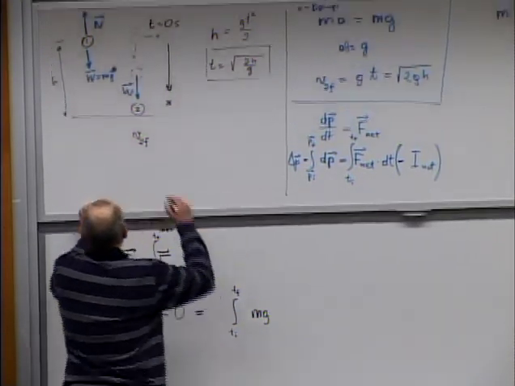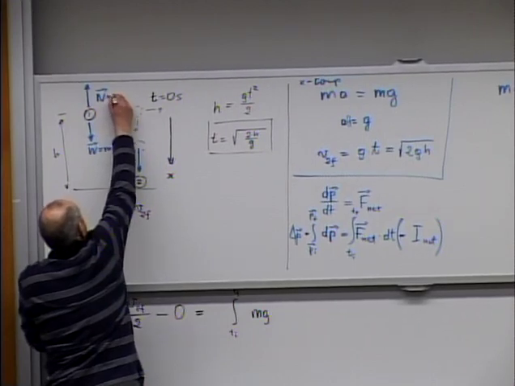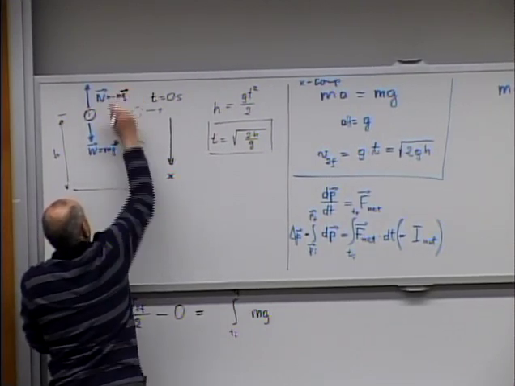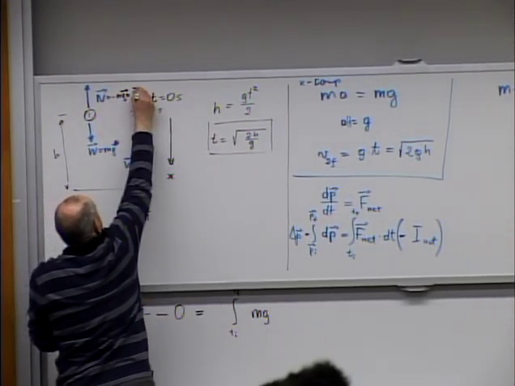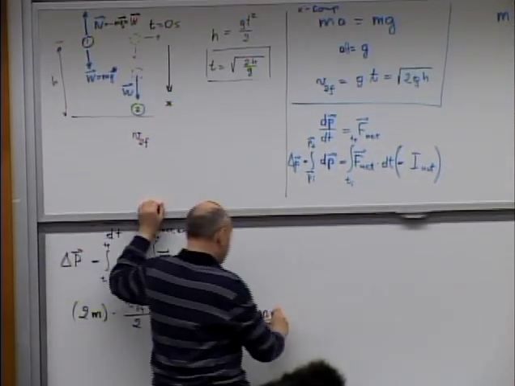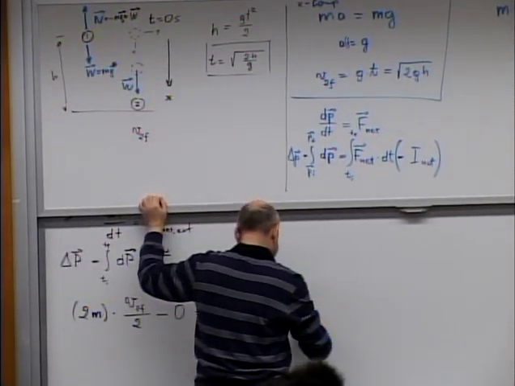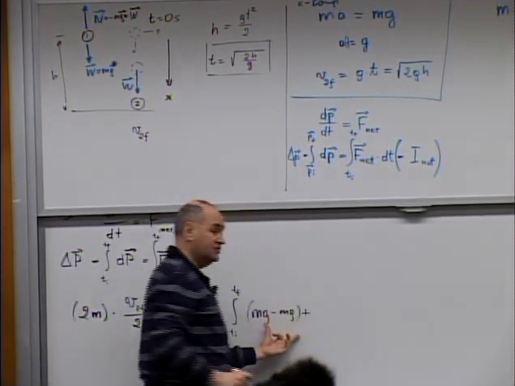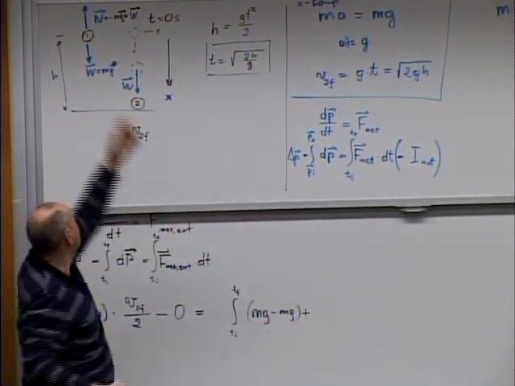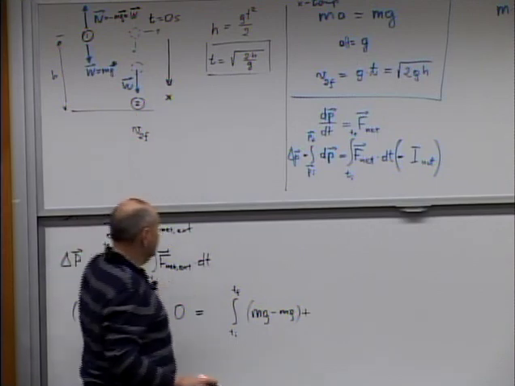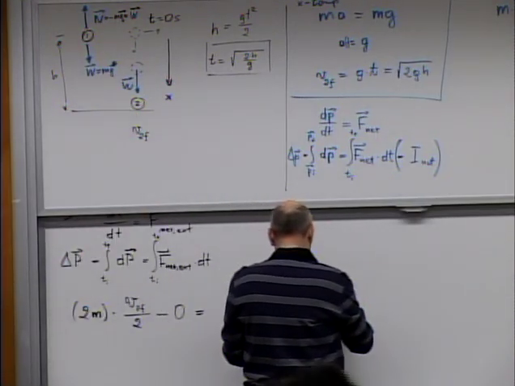That one actually happens to be minus mg, right? It's opposite. So it is minus mg, and this is the x component of the force exerted on the left-hand side particle. On the right-hand side particle, I will have just mg